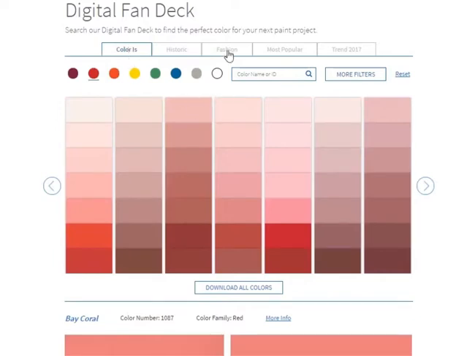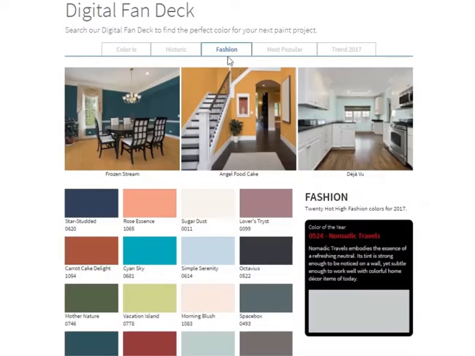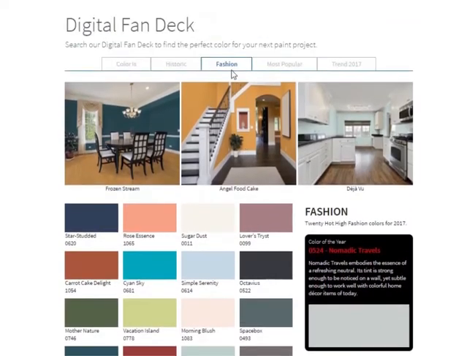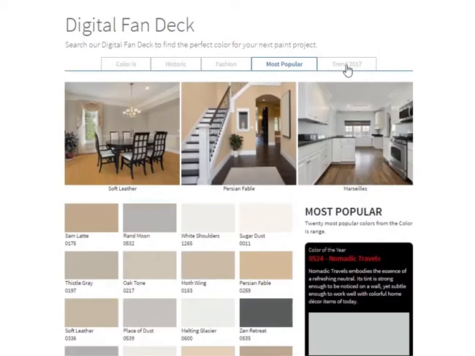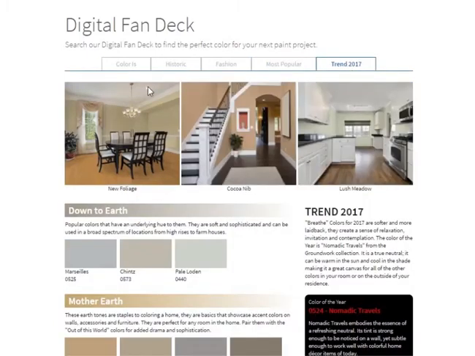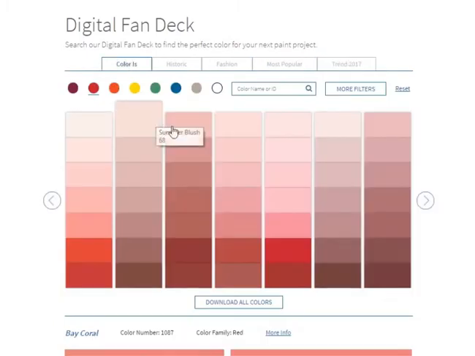We'd also add some additional tools like creating little color cards for suggestions for fashion colors, most popular colors, trend colors, all taken from the principal fan deck. So just with a quick click you can get an idea of what type of colors would be fashionable, popular, trendy. By selecting a color or by pointing to a color you can see the color's name and its ID,